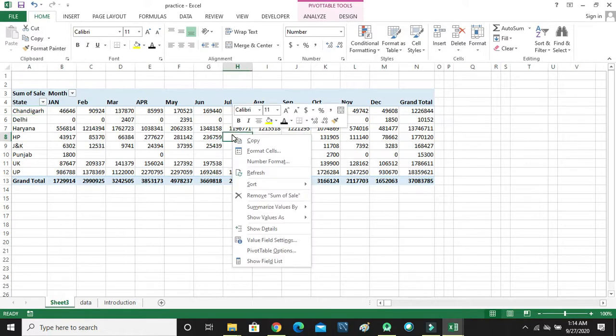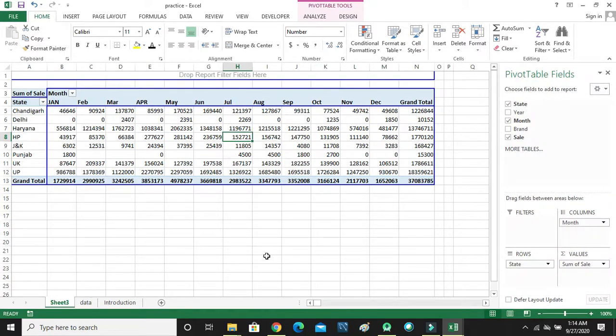If you want to use another section, there are four sections in the pivot table fields: filter, columns, rows, values. We already used three sections: column, row and values.